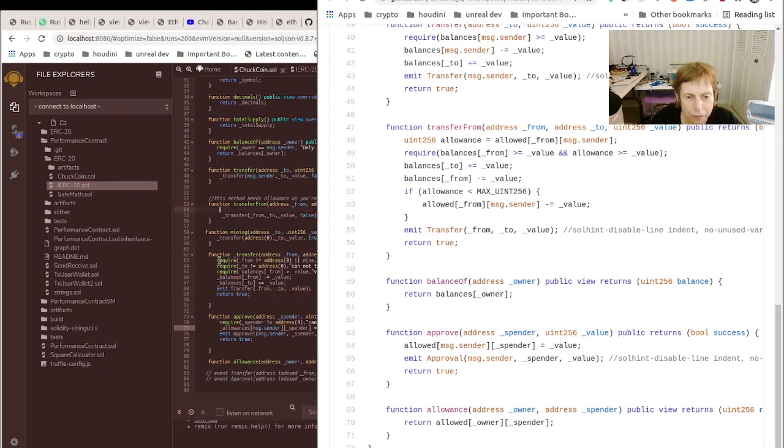So in here we are going to balances from, okay, so that's already taken care of, but we also have to check that, let's see, that would be